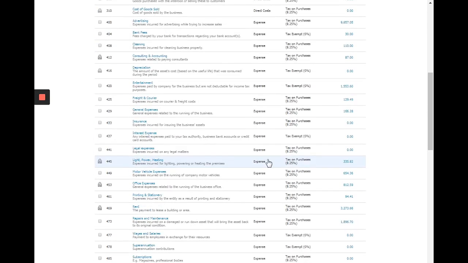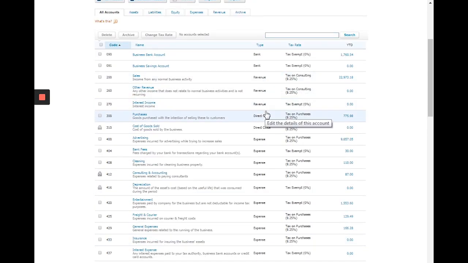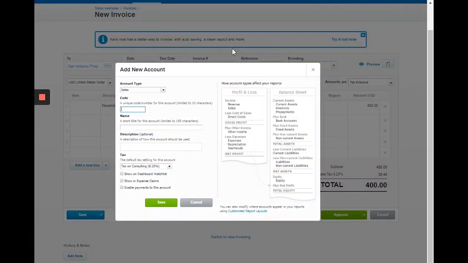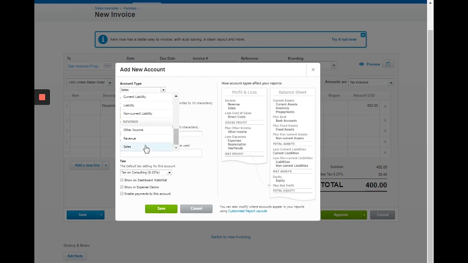Let's say that's under revenue. So revenue is 270, so I could create a code for 271. So let's change this one to the revenue account type, and the name will be rental.